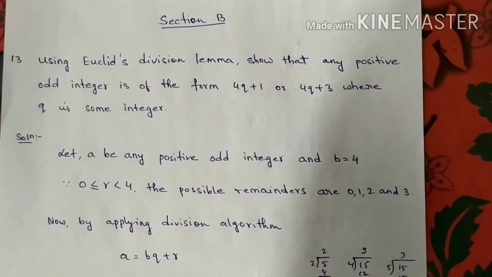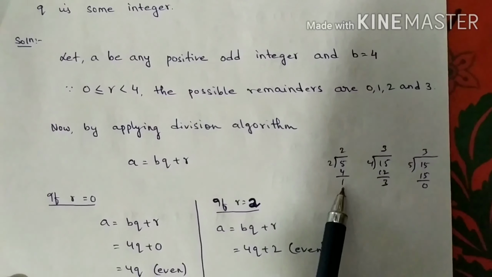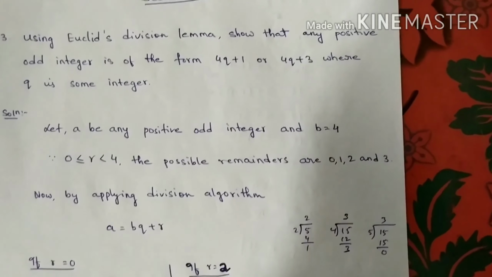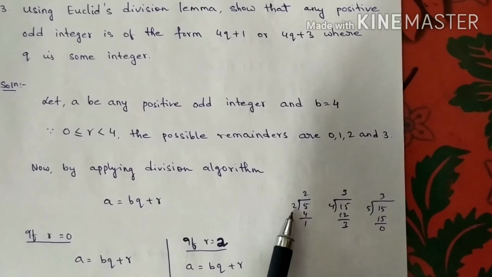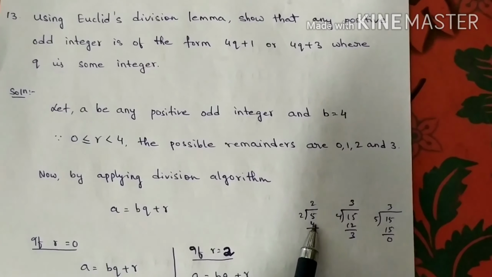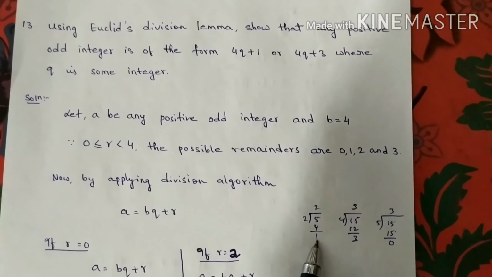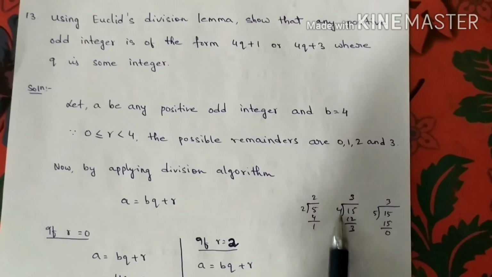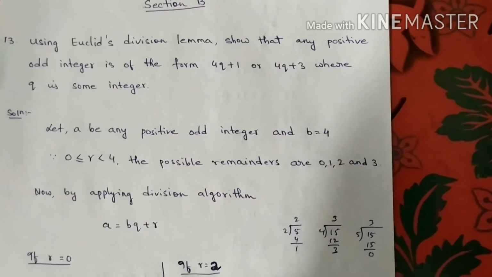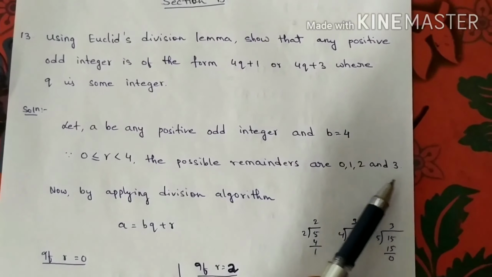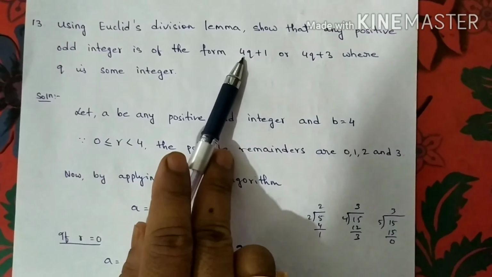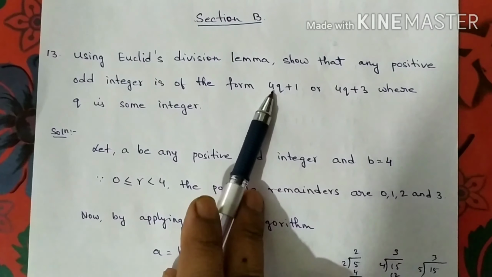Now one thing you see, remainders are always smaller than the divisor or equal to 0. Now you see, in this case 5 is the dividend and 2 is the divisor. 2 2s are 4, remainder is 1. So remainder is smaller than the divisor. In this case also remainder is smaller than the divisor. In this case also remainder is 0, which is smaller than the divisor. So the possible remainders in this case will be greater than or equal to 0 and less than 4.